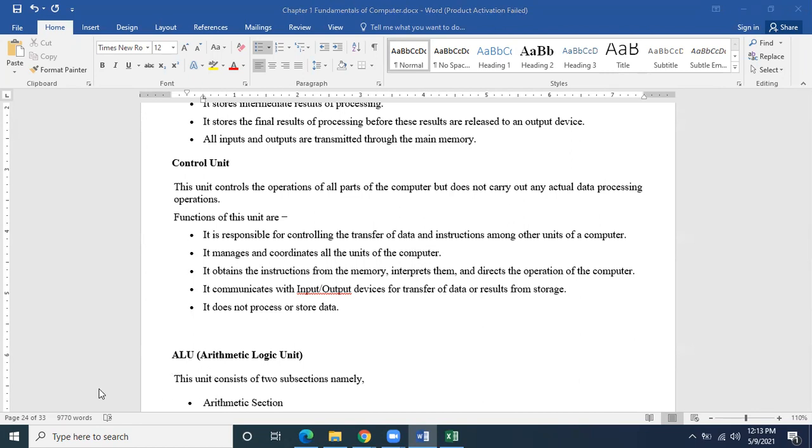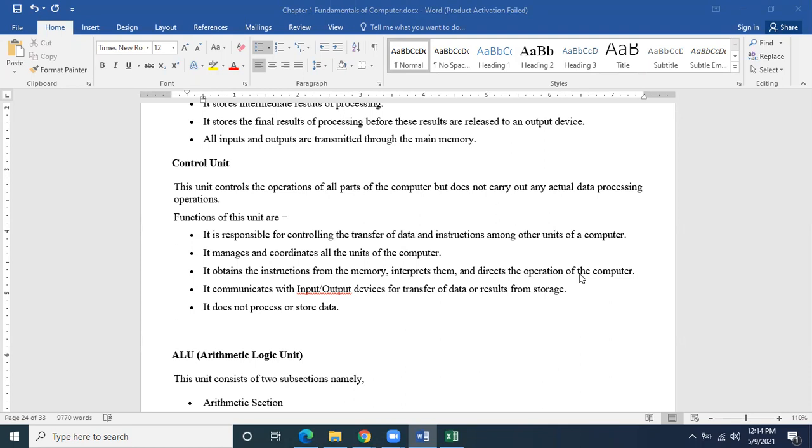It manages and coordinates all the units of the computer, and it obtains the instructions from the memory, interprets them, meaning translates them, and directs the operations of the computer. Whatever command you give, for example, minimizing one window, maximizing one window, closing one program, opening a new program, the control unit is going to handle these commands.